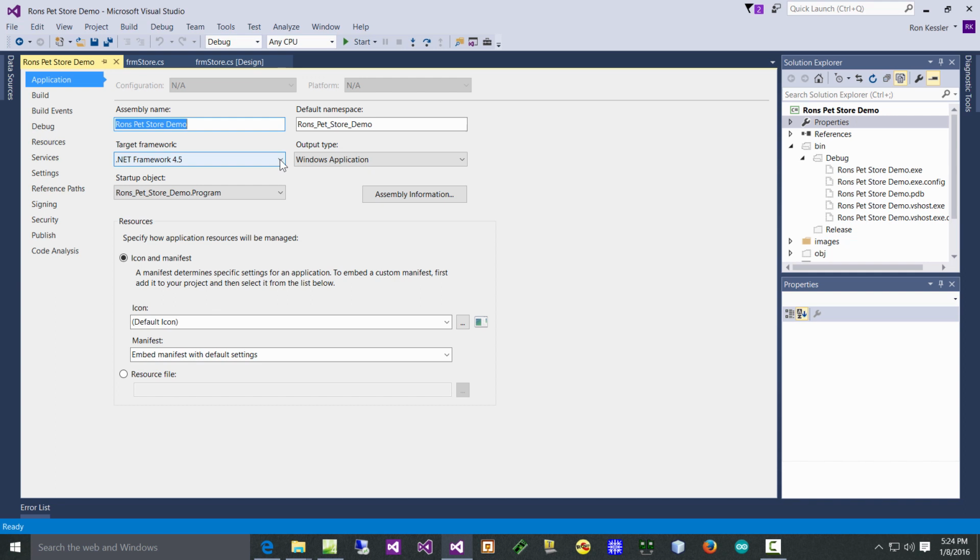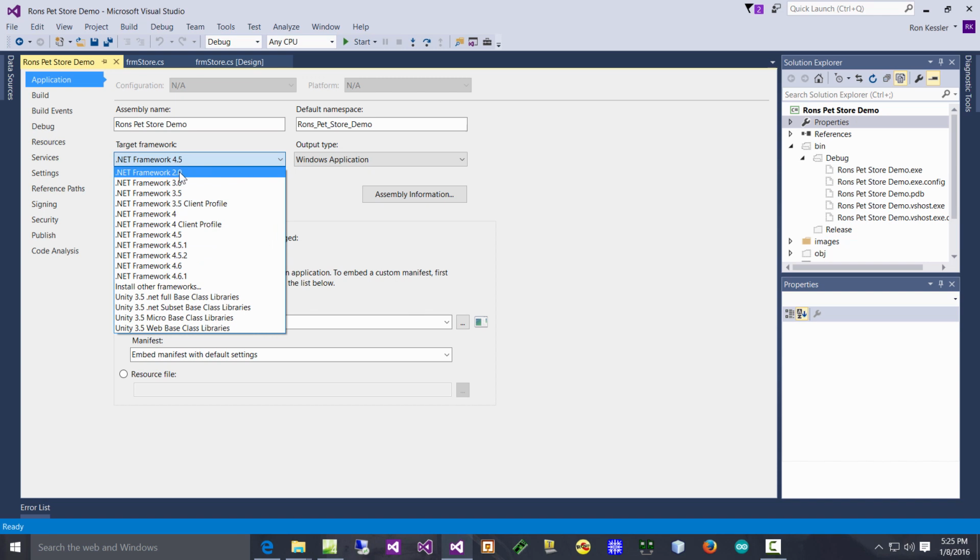Now, if Grandma has an old XP computer, she's back in Louisiana, and she would love to see what you're building, but you know she has an old XP computer. Well, it probably doesn't have this latest framework, so you know what you can do? You pick this and you say, I want to use Framework 2 so it'll work on Grandma's old machine. You don't have anything fancy schmancy in your application that would keep it from running on .NET Framework 2. Trust me. So you pick 2, your project reloads real fast,